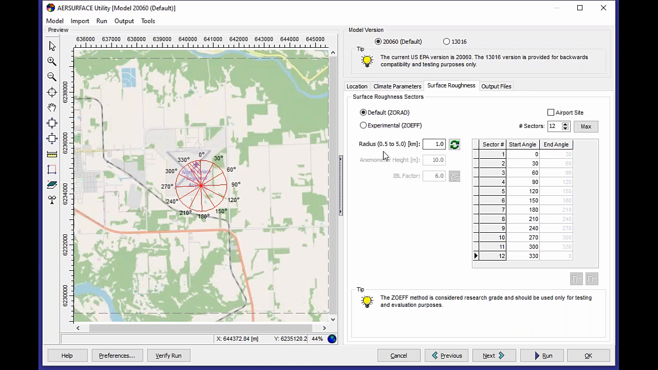It accepts values from half a kilometer up to 5 kilometers, but using anything other than 1 is typically going to require regulatory approval. Someone asked, are there any changes in methodology to calculating the surface parameters unless you select the testing-only surface roughness